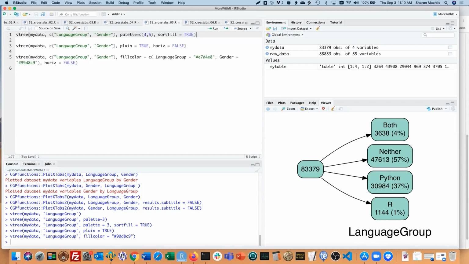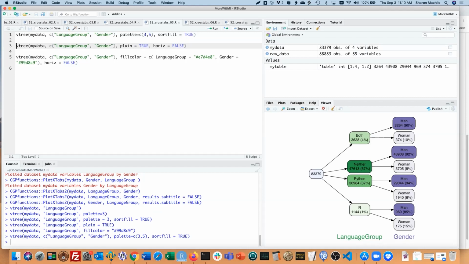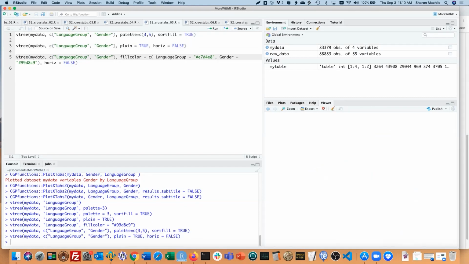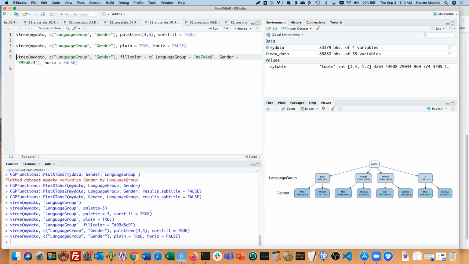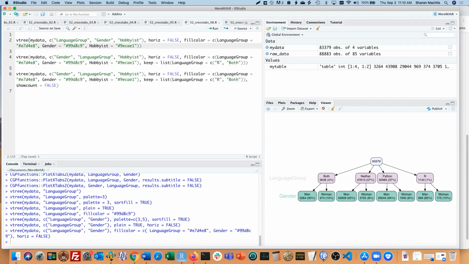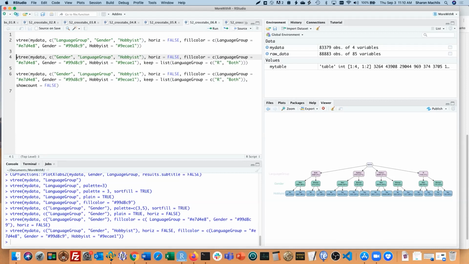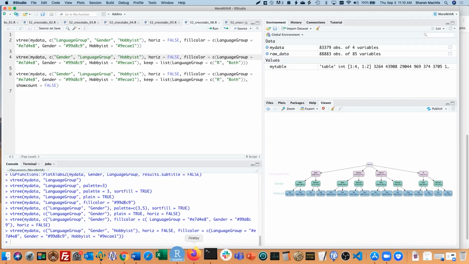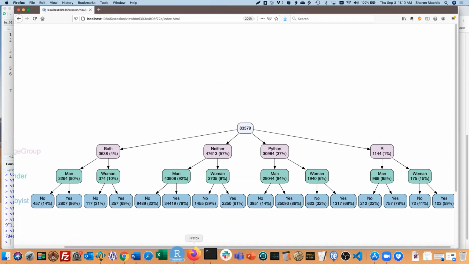For a two-way crosstab, just add a second variable, and palette or color if you don't want the default. Here I'm adding palettes. You can use the plain option here too. I also rotated the graphic so it reads vertically. And here I'm specifying two colors instead of two palettes. You can add more than two categories, although it gets a bit harder to read and follow as the tree grows. Here's a better look at that in a browser.